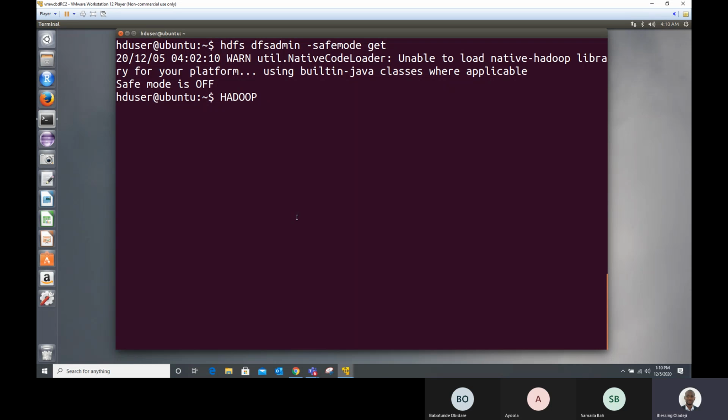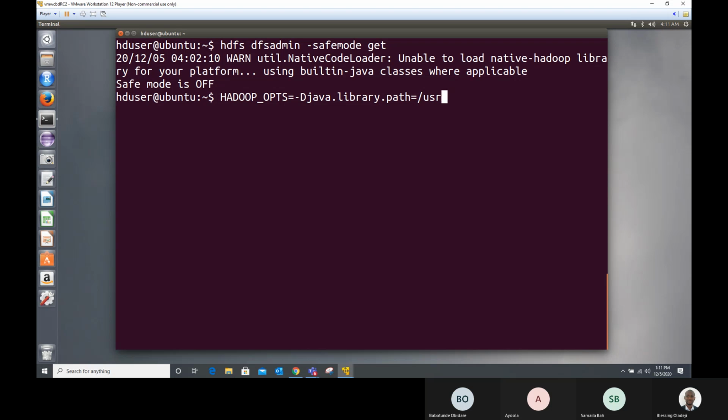You can see HADOOP_OPTS, Hadoop operations, is equal to -Djava.library.path. This is the Java library that hosts Hadoop operations. The path where you are going to find it is equal to